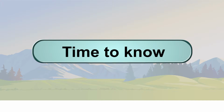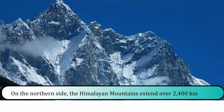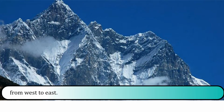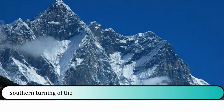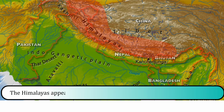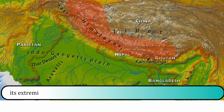Time to know. On the northern side, the Himalayan mountains extend over 2,400 kilometers from west to east. It is from the deep gorge of the Sindh in the west to the southern turning of the Brahmaputra in the east. The Himalayas appear as an arch with its convexity towards south, while its extremities have swung south at